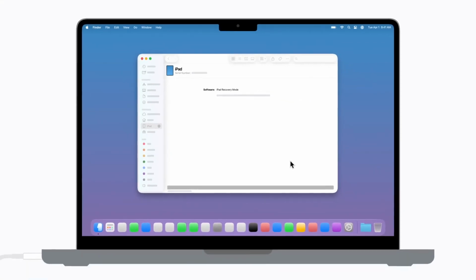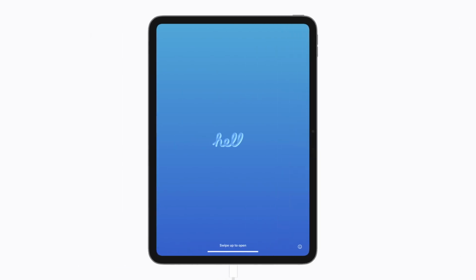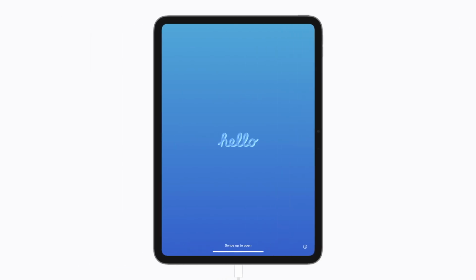Once the restore process finishes, the Hello screen appears on your iPad. Disconnect it from your computer